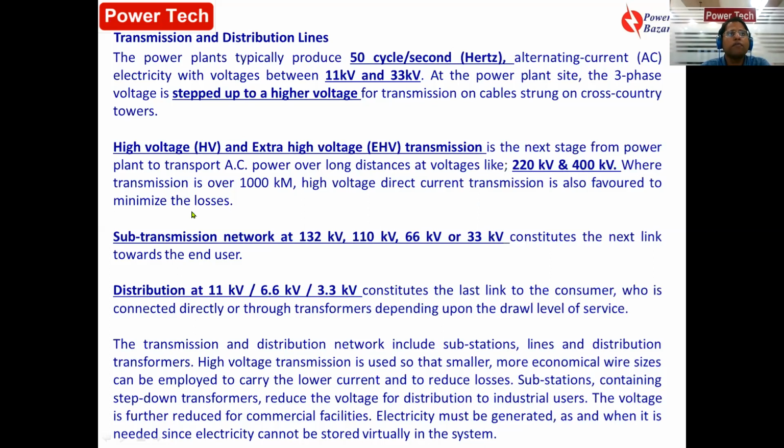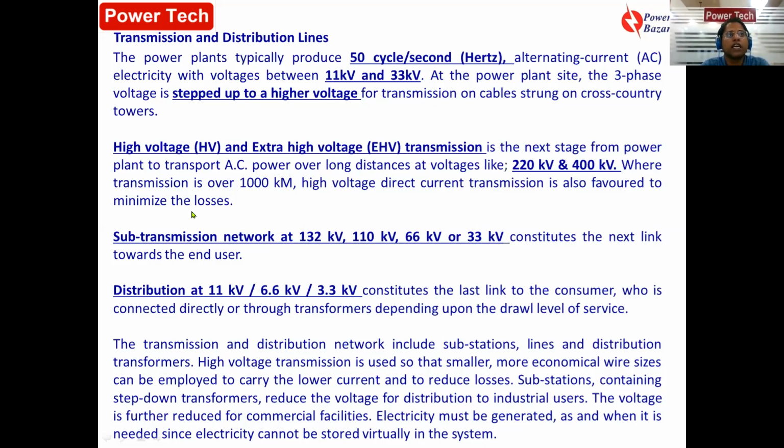Why do you require high voltage transmission? Because if you increase the voltage, then automatically what will happen? Your R, resistance, remaining the same, current will reduce. If current reduces, automatically I square R heating loss will be reduced. Therefore, once you increase the voltage, the current rating goes down. So you can use